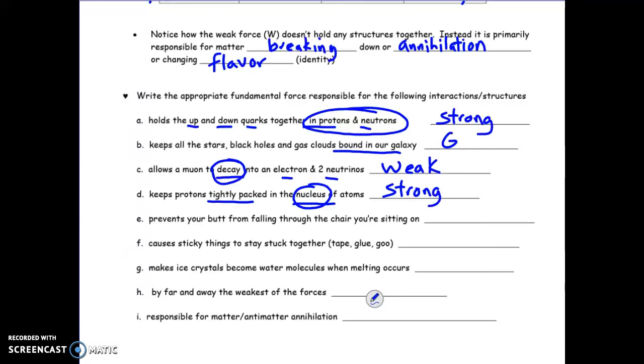All right, let's do one more, and then I'll let you do the rest, and you can look at the answers in class. What prevents your butt from falling through the chair you're sitting on? Your butt and your chair are well beyond the nuclear scale, so it can't be the strong or weak force. So it's either gravity or the electromagnetic force. And there's a repulsion between your body and the chair. At what level is it? Is it at an astronomical level? No, it's at an everyday level. So that tells you that it's electromagnetic repulsion between the molecules of your body and the chair. Okay, so try the other four. We'll talk about them and do a little bit more in